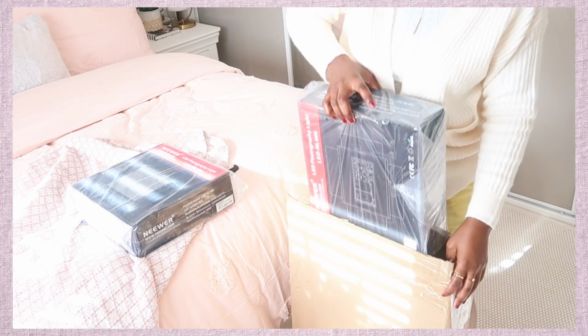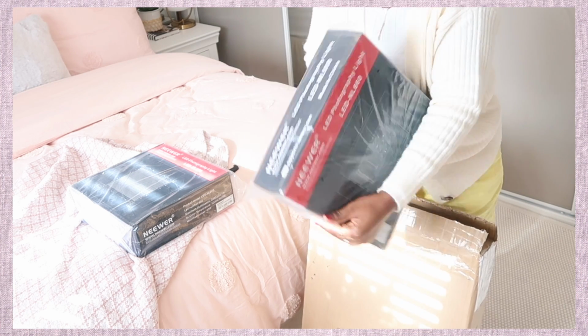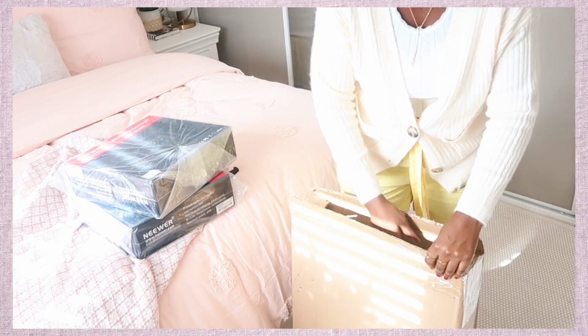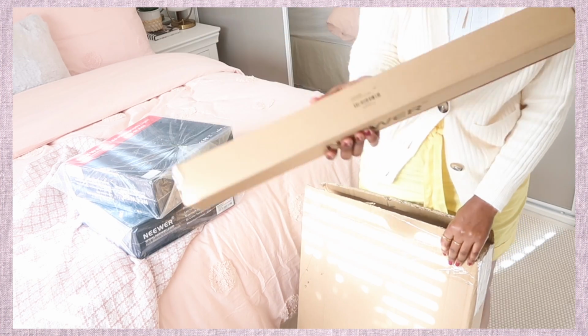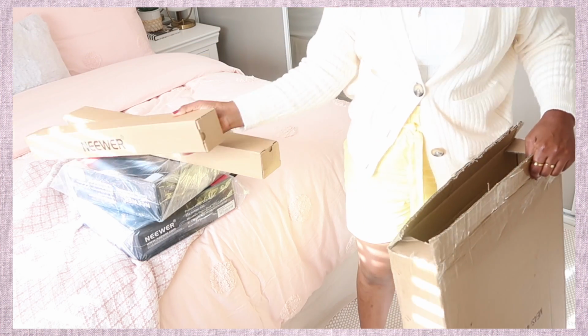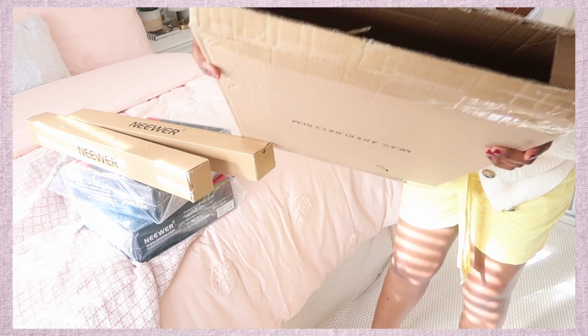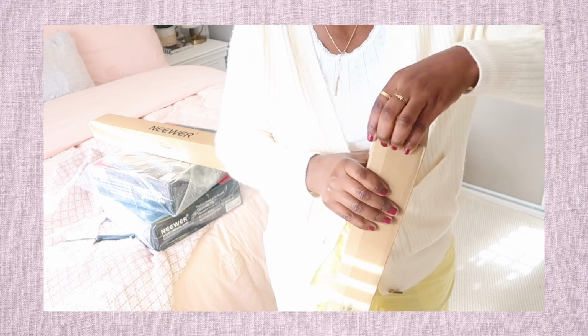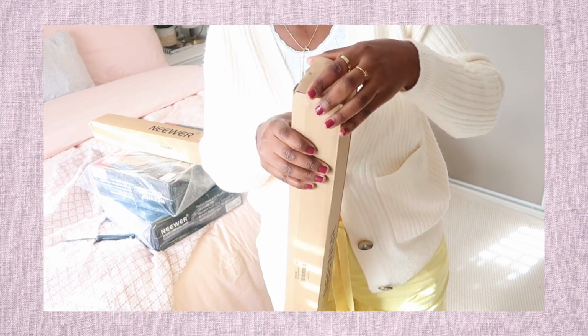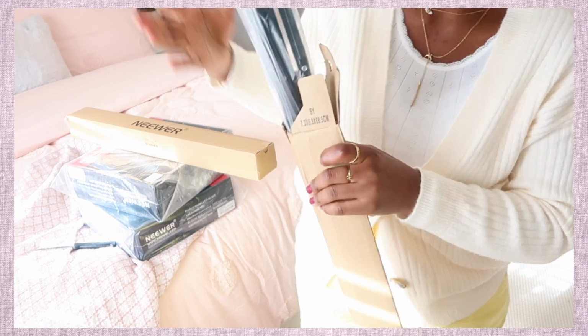I've got another one because I ordered 2, right? Second one, and I believe these are the legs, where the lights will stand on. So yeah, that's how it comes, you guys. So empty now. Yep, I was right. These are the legs,